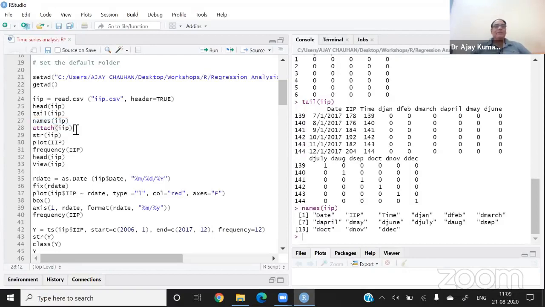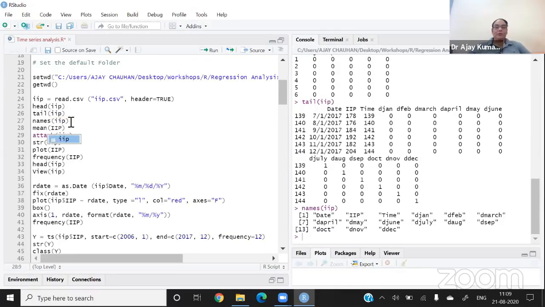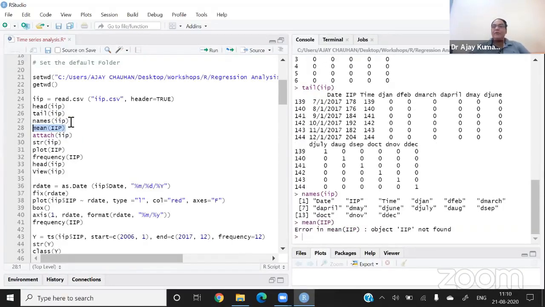Now I'm giving you one command, the attach command, because the problem is that if I don't give the attach command, I cannot work on the variables. For example, I'm showing you, if I run the command mean of IIP, the software will say no, I will not run this command. Why? Because we only have the data set, we do not have the variables. So if I apply the mean of IIP, you can see that the error comes that object IIP not found, because up to this level, this IIP is a black box, and it is a data set.